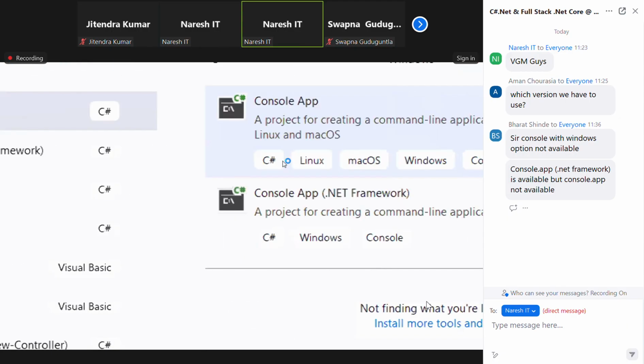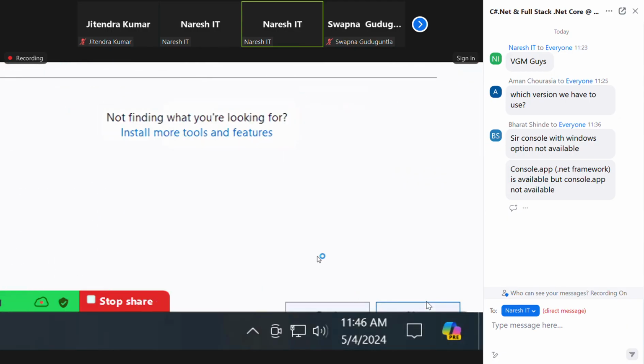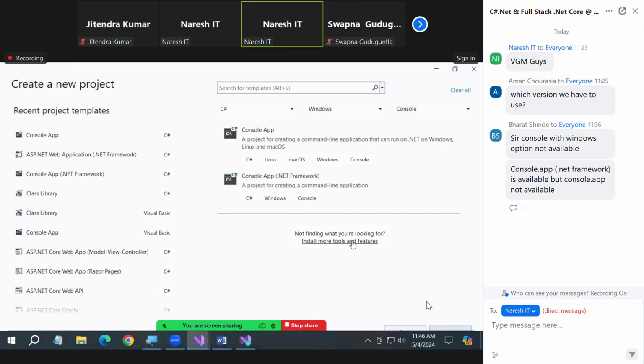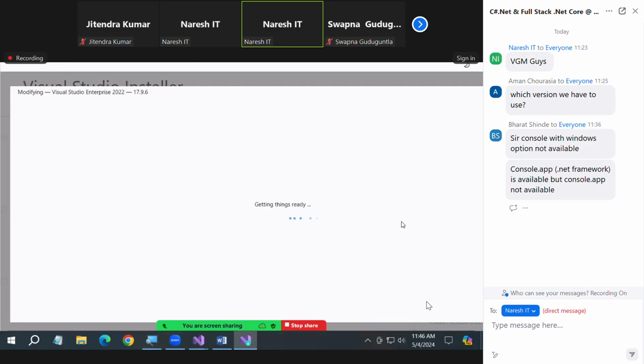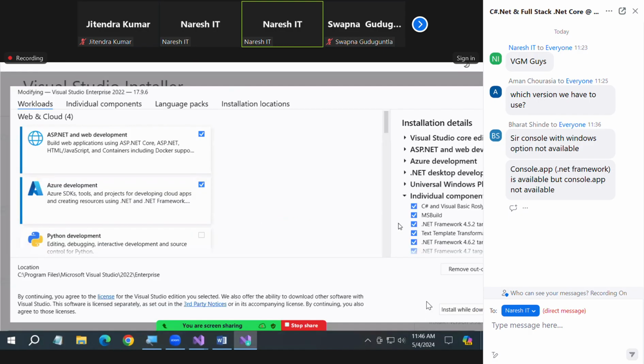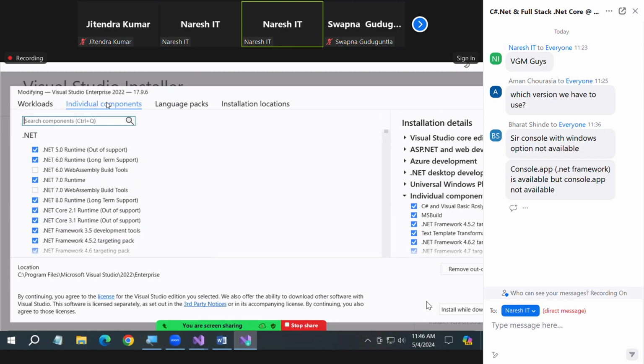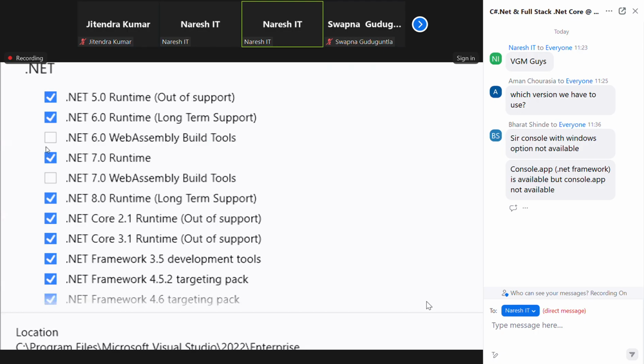Guys, in the create new project, if you scroll down, here you will find this option. What is it? Click on that. It opens the same window that I showed you now. Are you clear? Go to individual components. Select